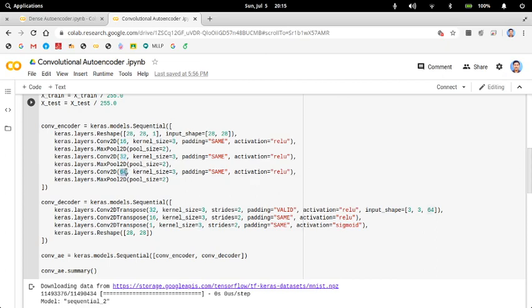Third convolution layer has 64 filter size. Padding is same. So this is actually a simple convolutional neural network. You give an input image here, you will get a corresponding convolution and pooling, 3 convolution and pooling layers.